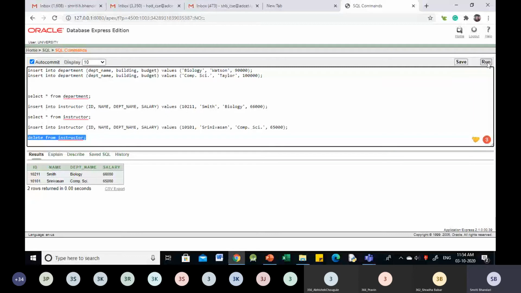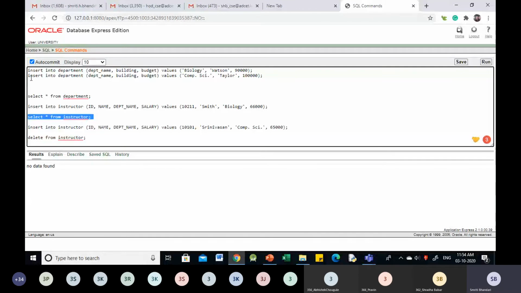So let us try to execute this statement. Two rows deleted is the message. If once again I use select statement to view the data in instructor table, I'll get the message no data found because we have deleted all the records from instructor table. But we have not dropped that table. The table is there, only the data is deleted.